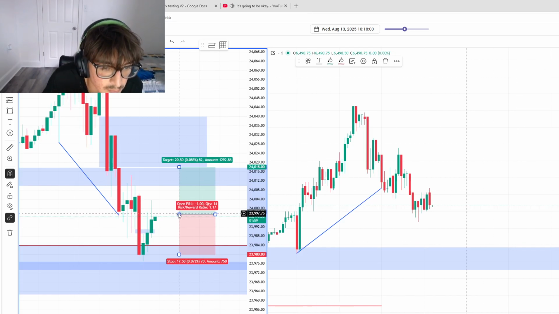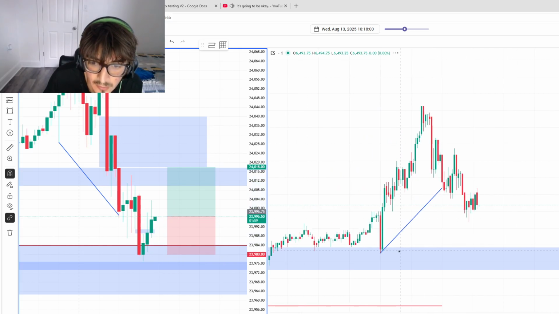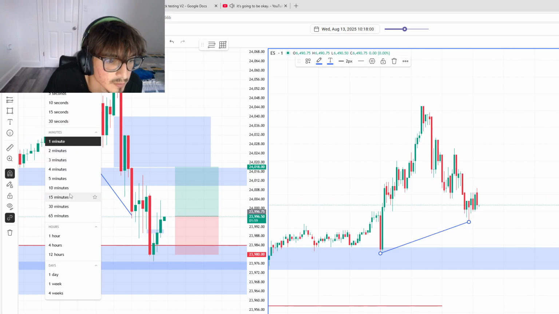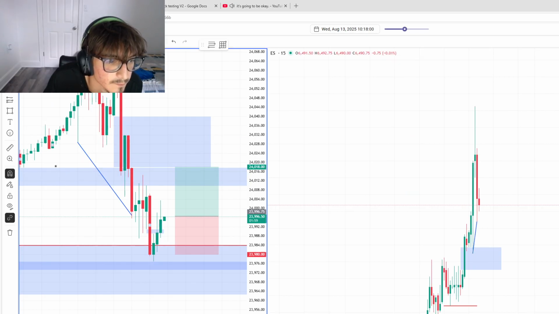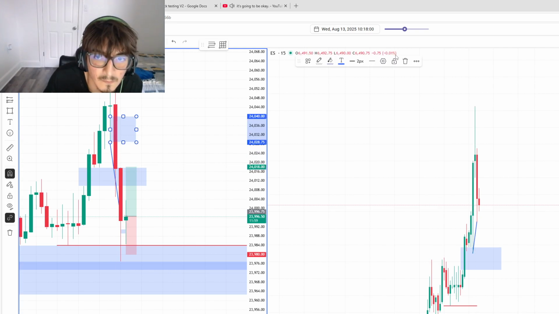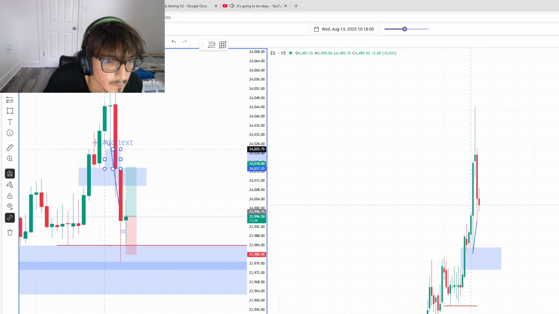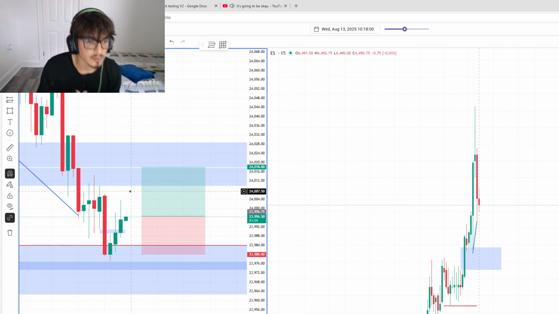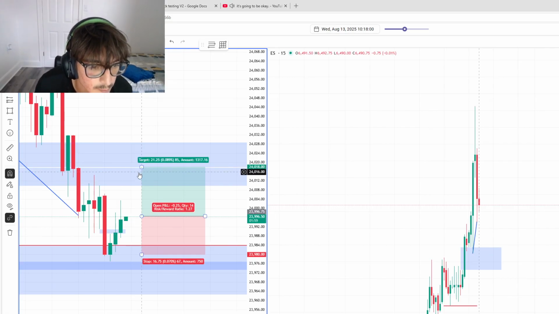Okay, so now this is where I'm gonna enter. I will still hold right here. There's no reason I can see for us to go lower. Examine the trade. I mean, we have a reason to go lower, but it's not stronger than what we have here. There is no break even. We either come up or we don't.